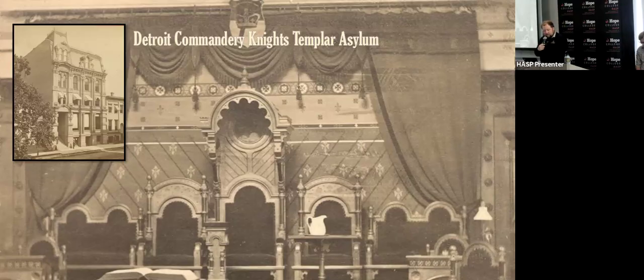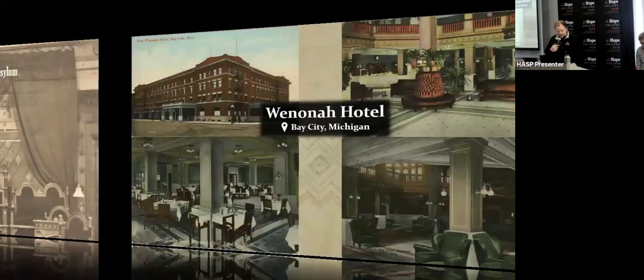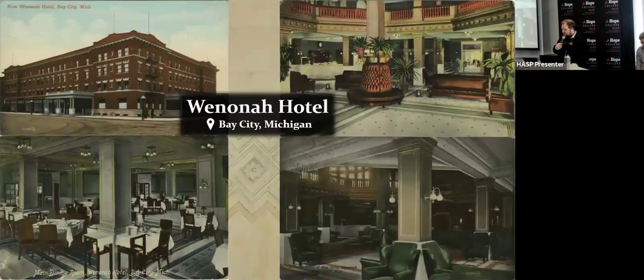The next category is hotels. One of the big hotels that we want to talk about is the Winona Hotel in Bay City. This was a famous hotel, unfortunately burned in the 1970s. But we knew about this one from Weidman family lore, from their family history. They knew that at one point both Christian and his son Oscar had spent time in Bay City working